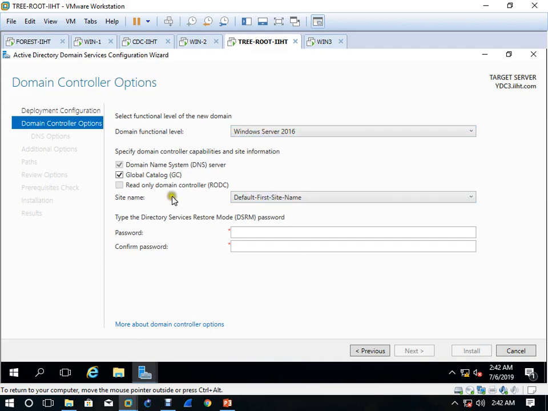Okay, now this is all default. We are installing DNS. Then this will be a global catalog server. This is not mandatory, but if you want, you can let it be selected here. Here we are writing the restore mode password. Then click next.